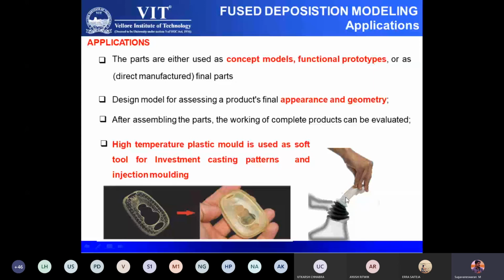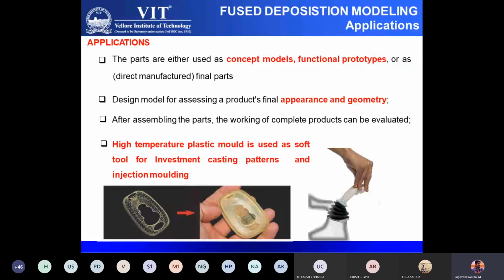No molding and tooling. You directly print in the FDM process, fit into the end application and see how it functions, whether it functions properly or not. That can be demonstrated by using this part. So that is the major application of FDM parts: form, fit, and functionality. You can see the smoothness or ergonomics, that is form. You can assemble the printed component with another mating part, that is fit. Functionality, you may be using the same material in your end application also.